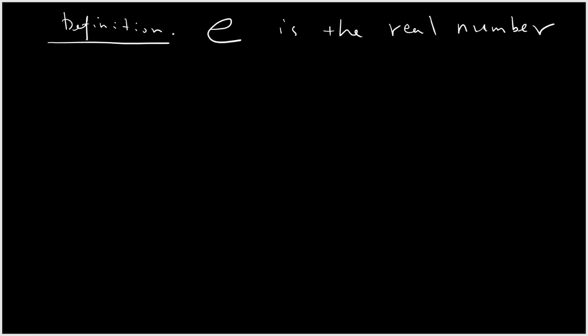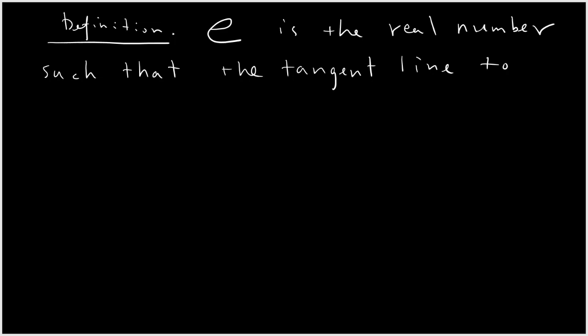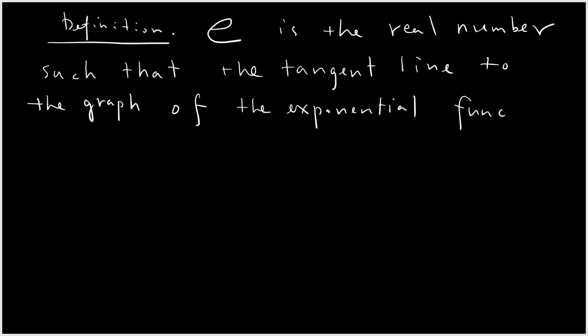E is the real number having the property that, can I just say, such that the tangent line to the graph of the exponential function y equals e to the power of x